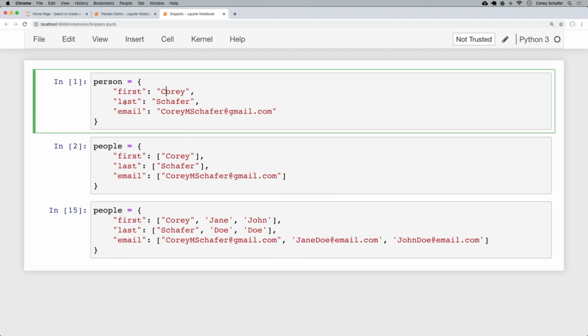And then we also have keys and values for the last name and the email as well. Okay, so this dictionary here represents data for a single person. But how would we represent data for multiple people? Well, there are probably a couple of different ways that we could do this, but the way that I like